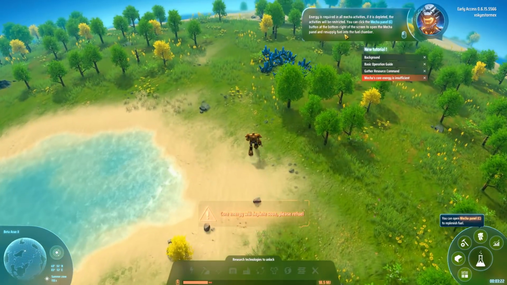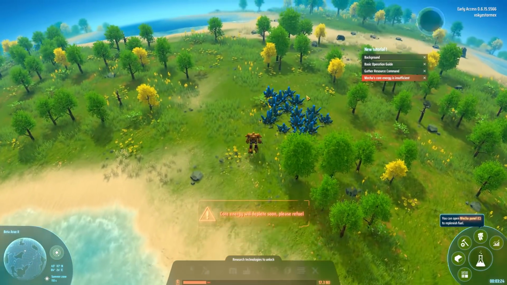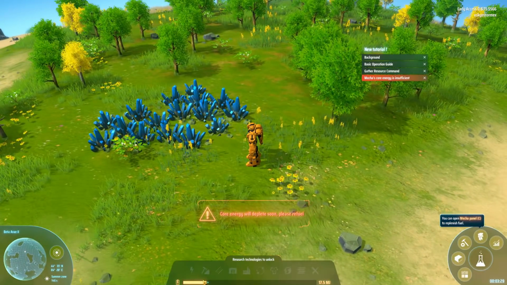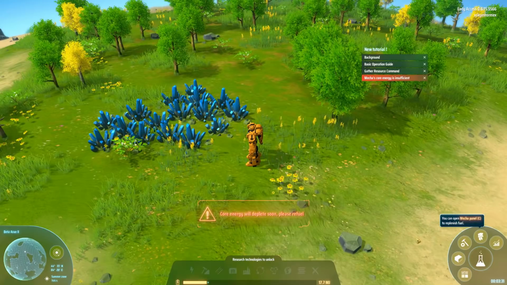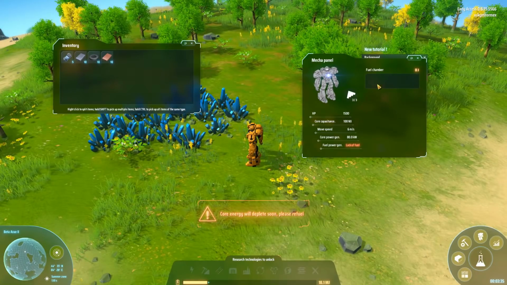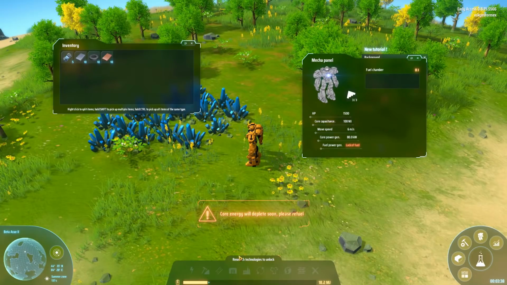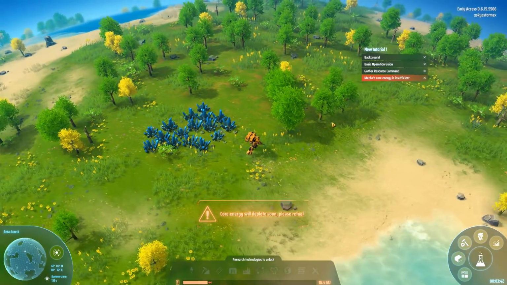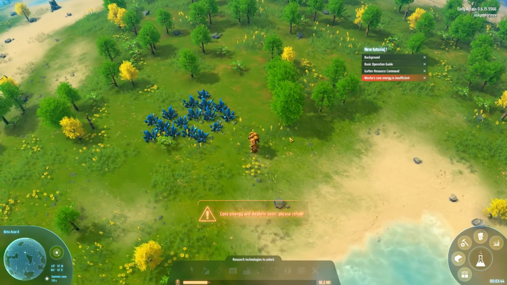Energy is required in all mecha activities. Okay, what that was telling us is our mech needs energy, and we are running low on energy. So if I go to here, you can load up your fuel chamber with fuel, which it will process, and it will recharge this bar. So we'll start off. I'm going to need...